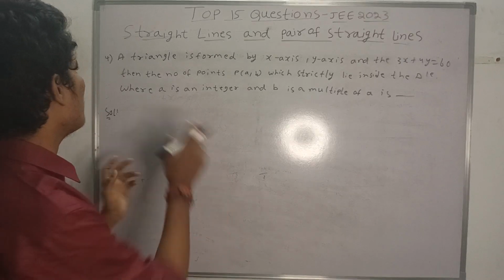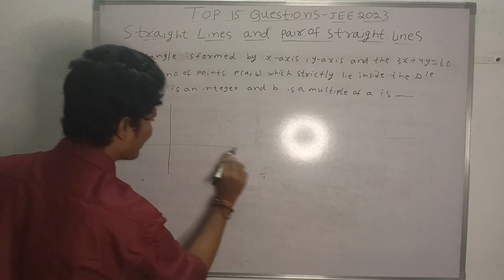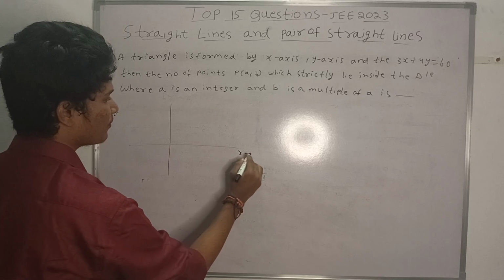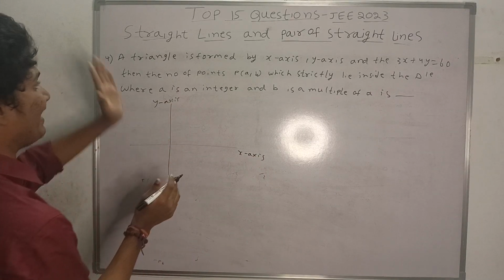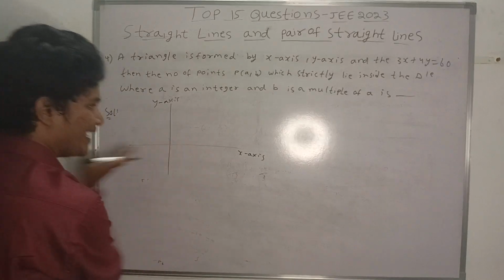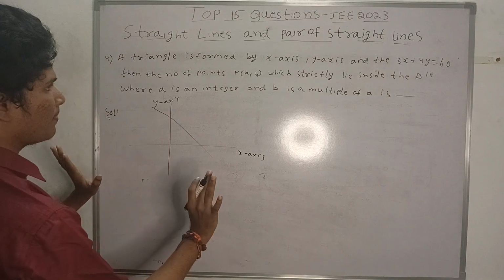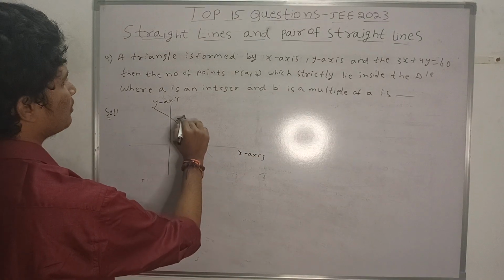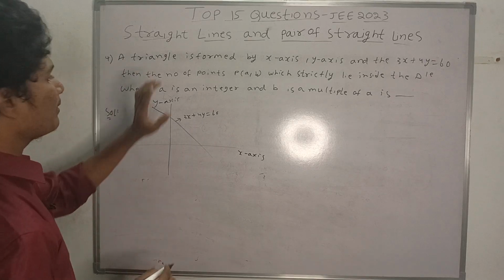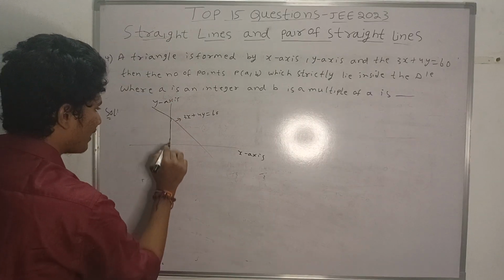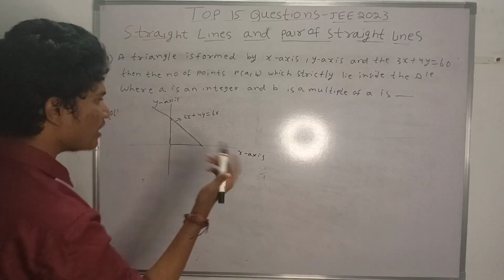solve this question. So a triangle is formed by x-axis. Basically, when this is a coordinate axis, this is x-axis here, this is y-axis. They are saying that a triangle is formed. How is it formed? By the x-axis and y-axis and this line. Suppose this is a line, 3x plus 4y equal to 60. From this you will get a triangle. This is a triangle. They are saying that there is a point P(A, B)